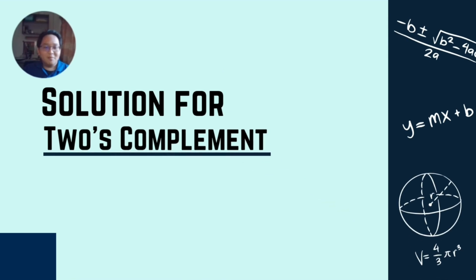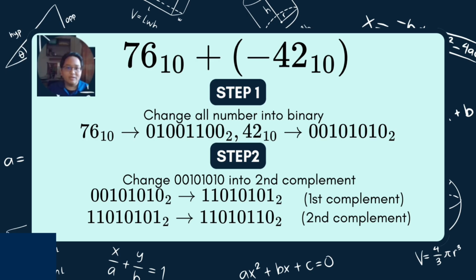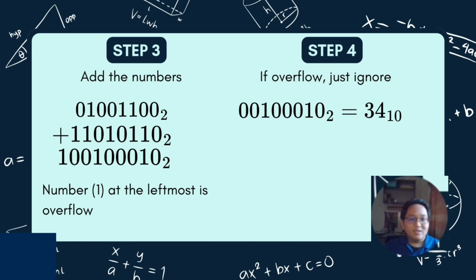Then here is an example solution for the second complement. We just use the same equation as in the first complement. The first step is the same as the first complement as well, where we change all the numbers into binary form. For step 2, we change the negative number, 42 in binary form, into the first complement first, and then we add 1 to the first complement form to change it to the second complement, and it will result in 11010110. Then moving on to step 3, we just add the numbers same as before, and it will result in